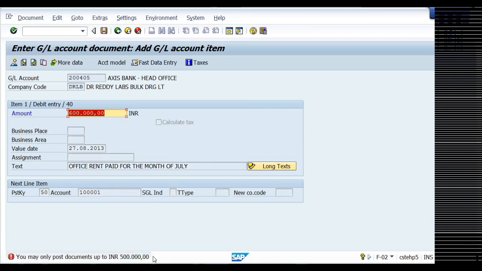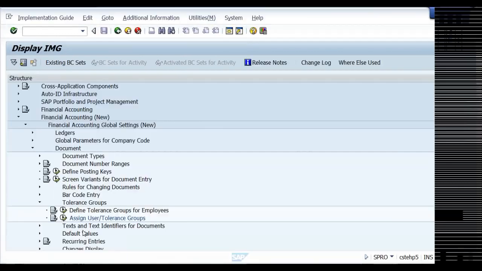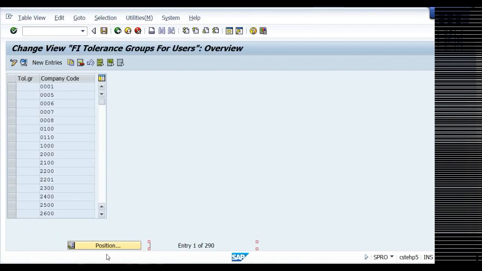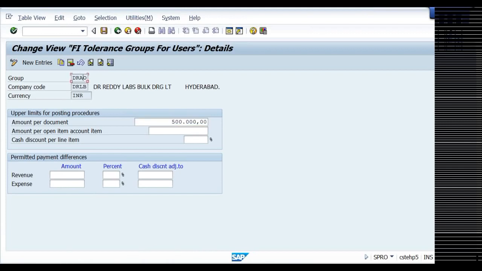See, you may post documents up to only 5 lakhs because here for DRLB company code, against DRAO, that is Dr. Reddy Labs accounts officer, the amount is given only 5 lakhs.